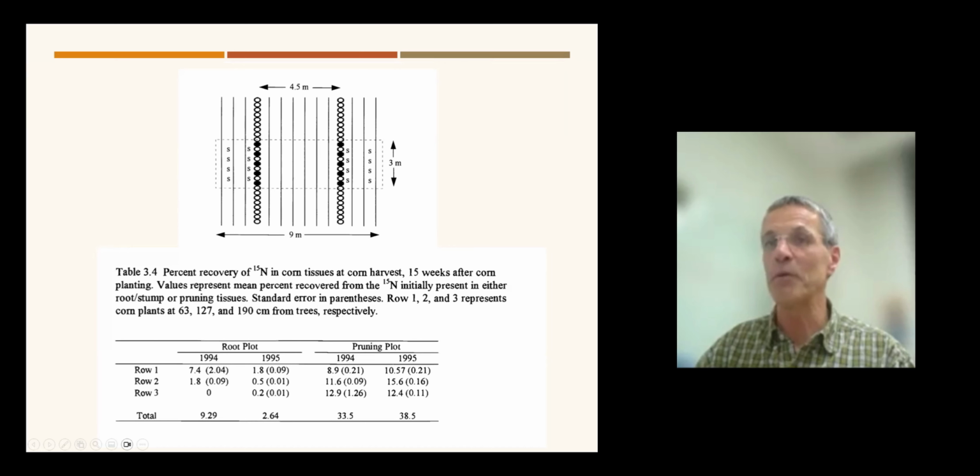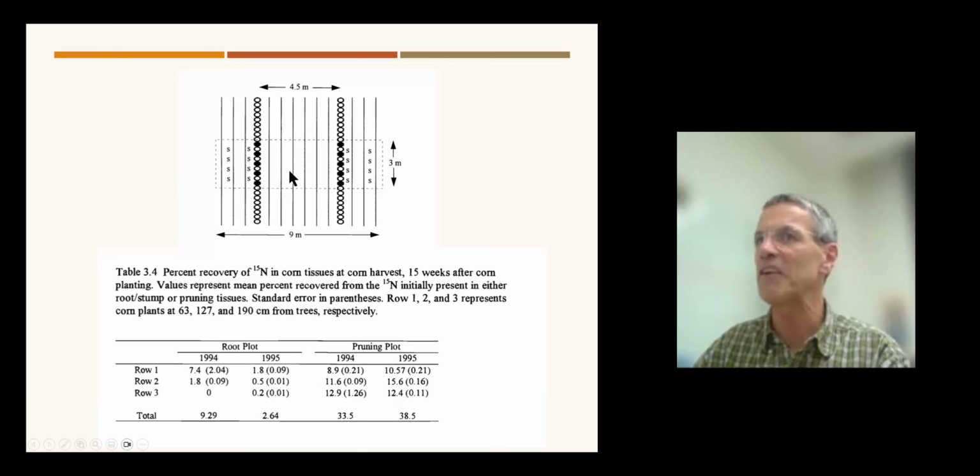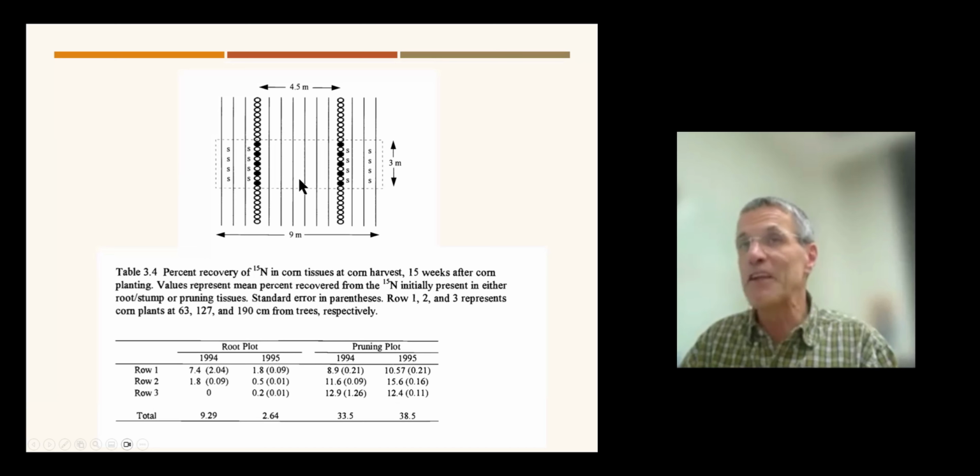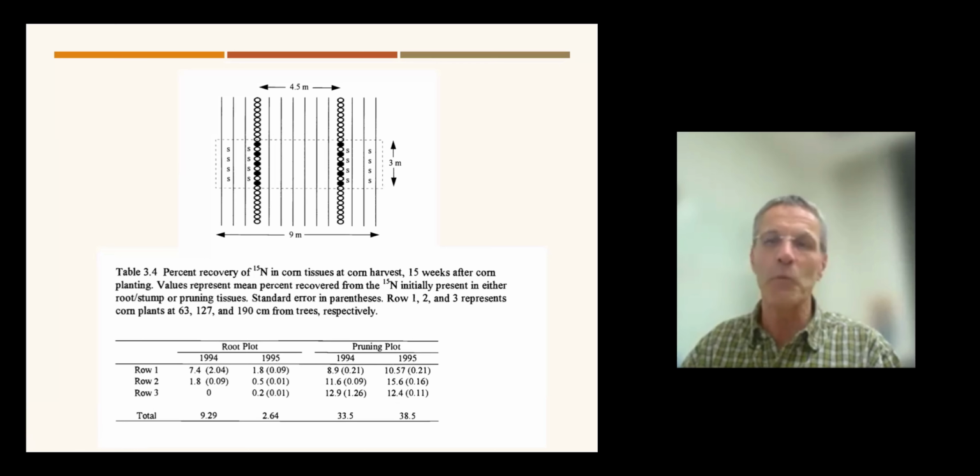Where I put prunings on, you can see that there's quite a bit of nitrogen, and this has to do with percentages, so I won't go into detail here, but you can see it's more evenly distributed where I put the prunings onto here, so the nitrogen actually went into the corn. It wasn't enough to feed the corn completely, but I could save about 1/3 of the fertilizer. So that was nice to see.